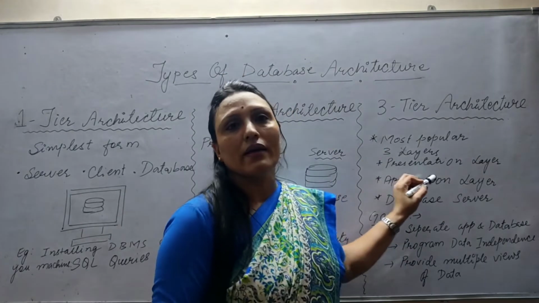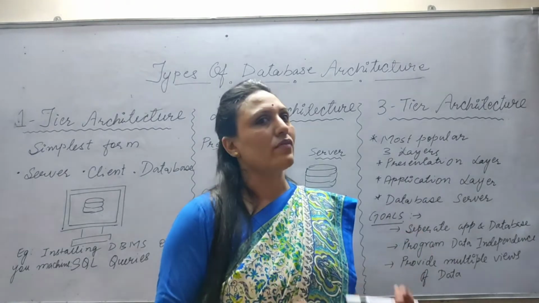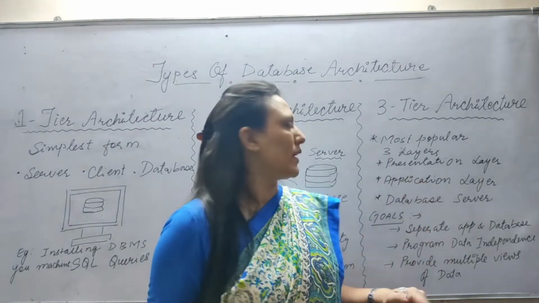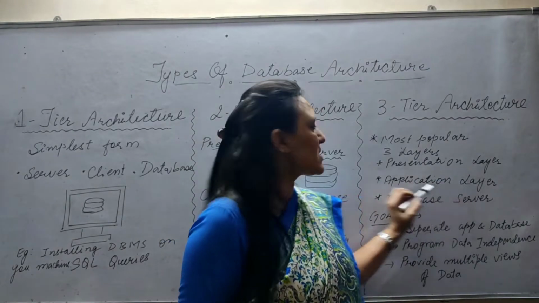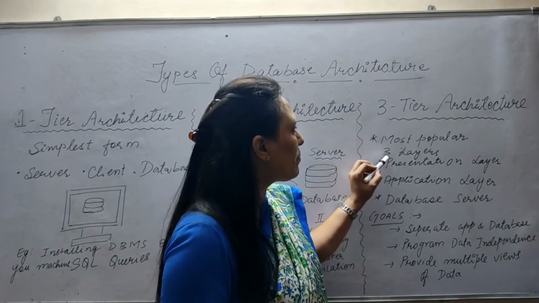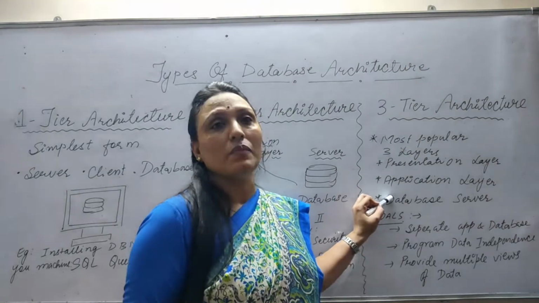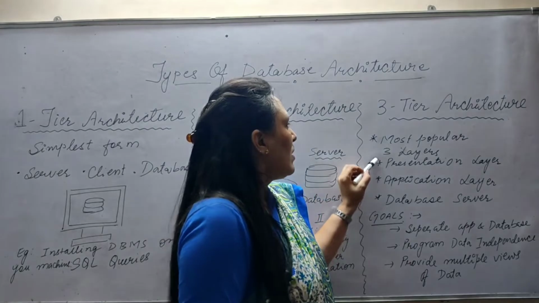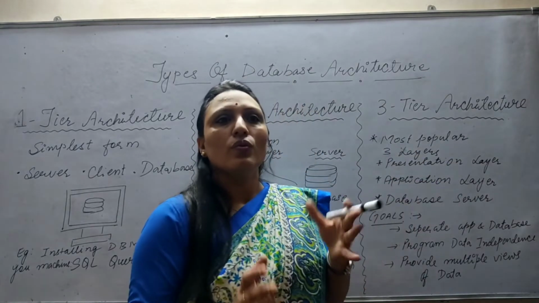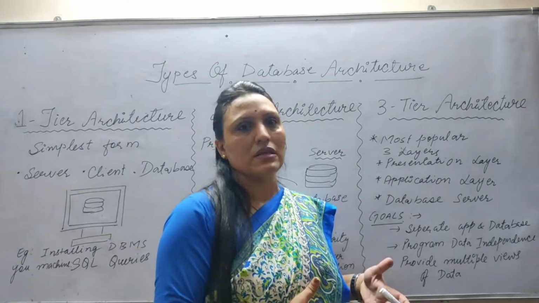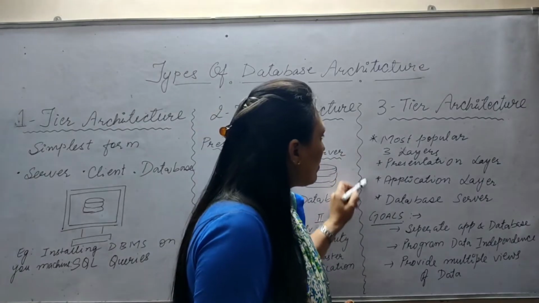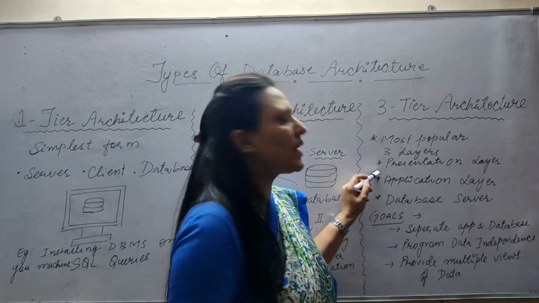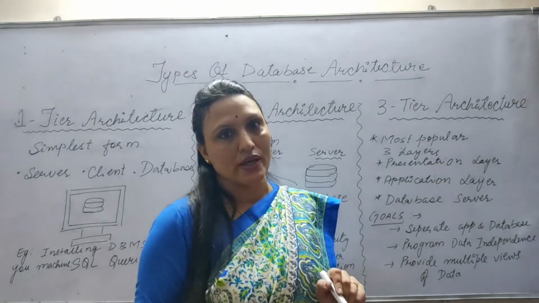The presentation layer, which is the user's layer, the interface layer, which is accessible to the clients only. The application layer, which is the intermediary between the presentation layer and the database. The database is the server where the data is stored. Presentation is the layer from where the clients access the data. So, to access the data, the client will use this intermediary layer, which is called the application layer, right?